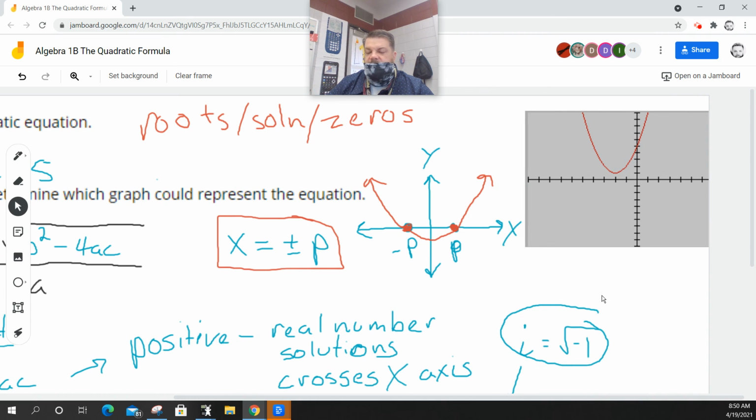Does that make sense? Or if I'm doing the math and I calculate the equation and I realize it doesn't have real number solutions, then I know that the graph should look like this. Okay? Are there any questions on that? Okay, good. So the nice thing about the discriminant